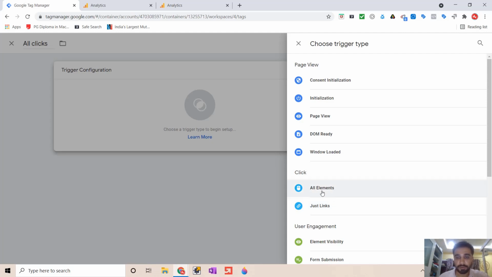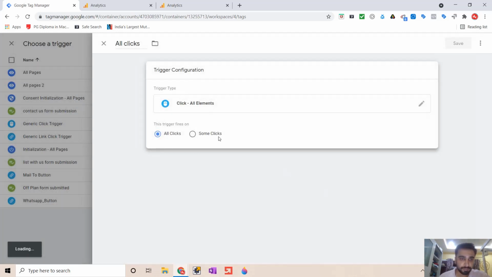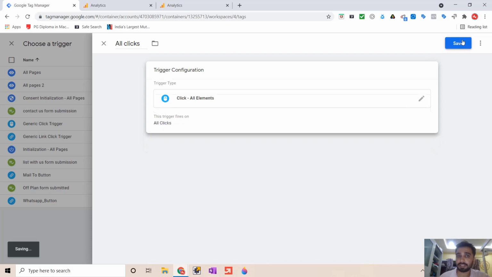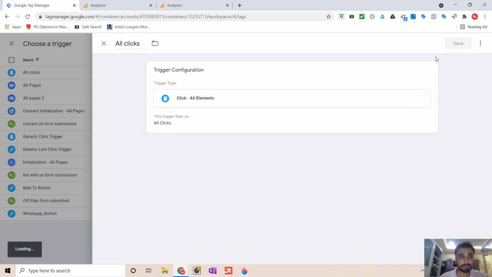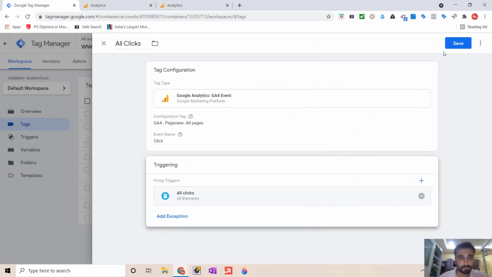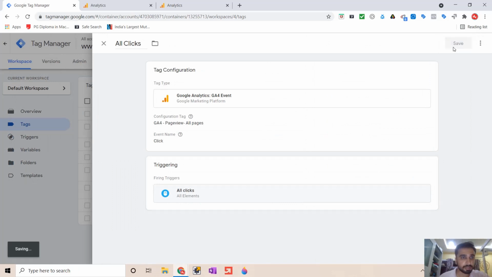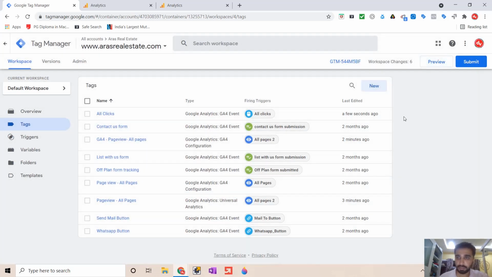This is for clicking on all the elements on the page. So if you click anywhere on the page, this will fire. So this trigger fires on all clicks. So now every time you click on the page, this event will fire. Let us save this and save this, and we are done.